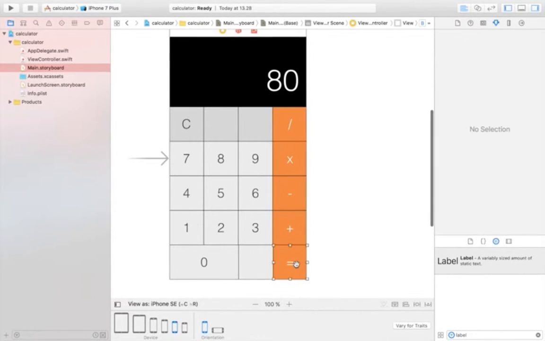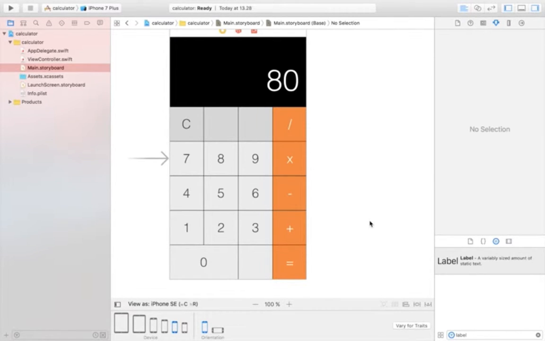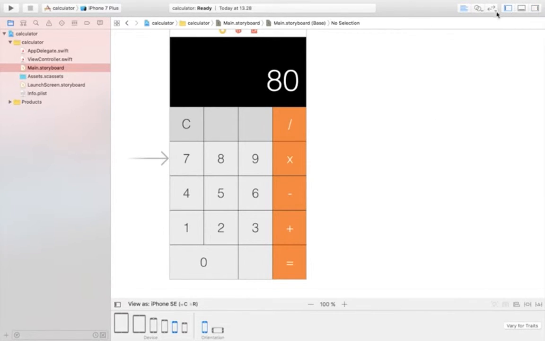And also, let's see, I just have to adjust these buttons here. You can of course place constraints, but that's not something I'm going to do in this tutorial. But if you want to have it look awesome for all device sizes, then of course make sure to place some constraints. Now we are going to take it towards the next step, and that is going to be to